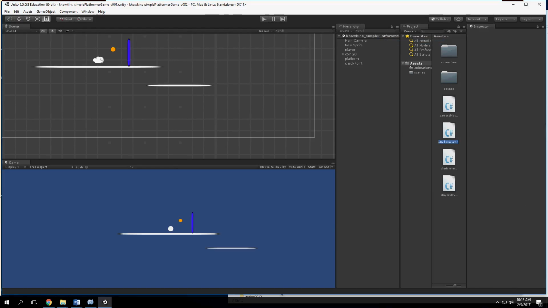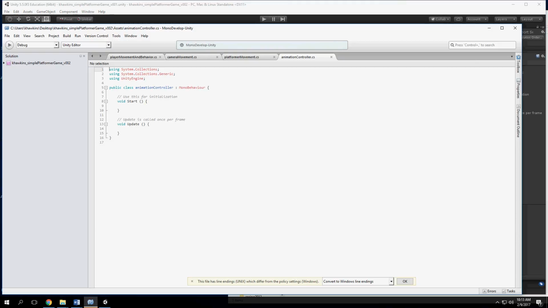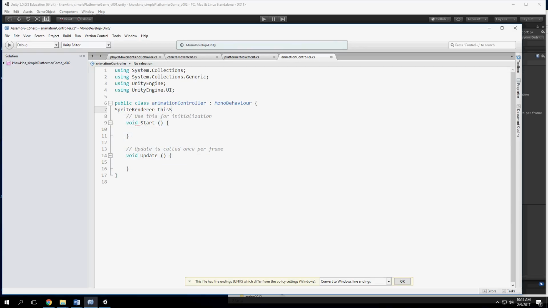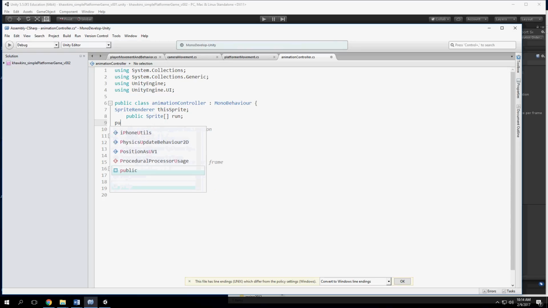So we're going to create here a new class called Animation Controller. And we need the ability to use our sprite, so using UnityEngine.UI. And we're going to create a sprite renderer, this sprite. And then we're going to create some public sprites, but they're going to be an array. And we've got run, idle,